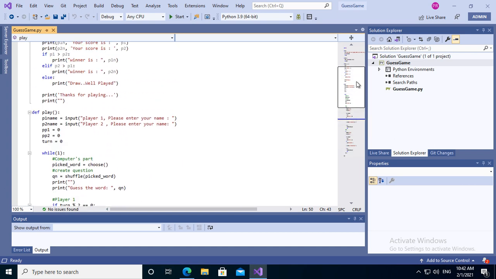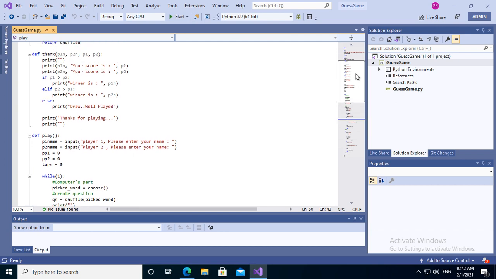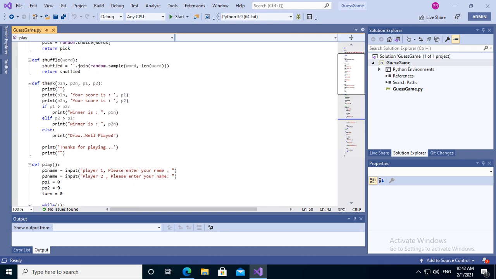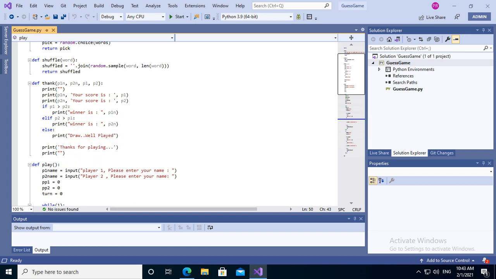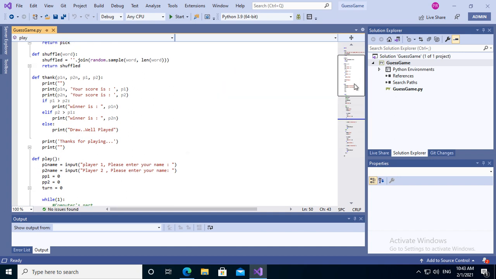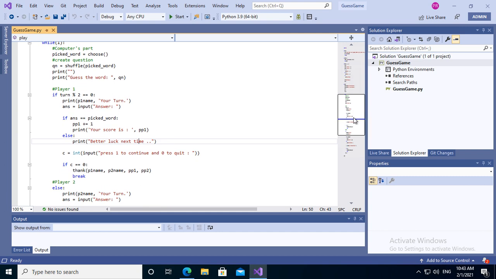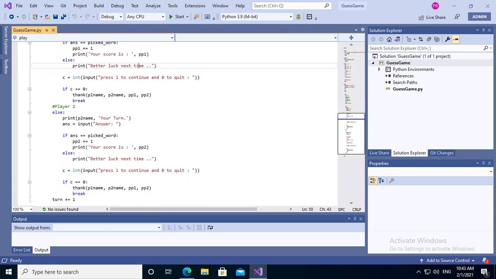Here we are printing the scores, and here I have checked who is the winner. Then we will print the winner's name, or draw if both scored the same points, and then thank them, and then we break from the while loop.